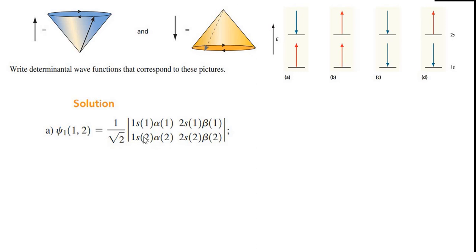The second electron you write again according to the rule, that again you write 1s 2s alpha beta, 1s 2s alpha beta, but this is not 1 1 1 1 and this is here 2 2 2 2. So this is your answer to this question, that give the Slater determinant form of antisymmetric wave function when the system description is like this.